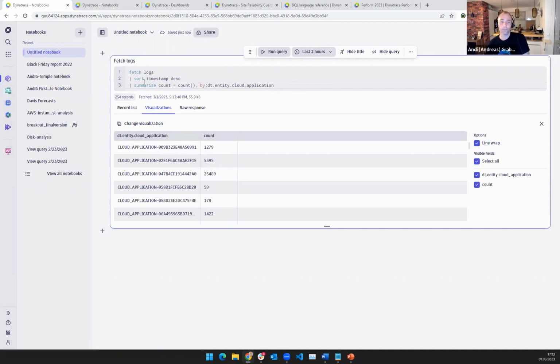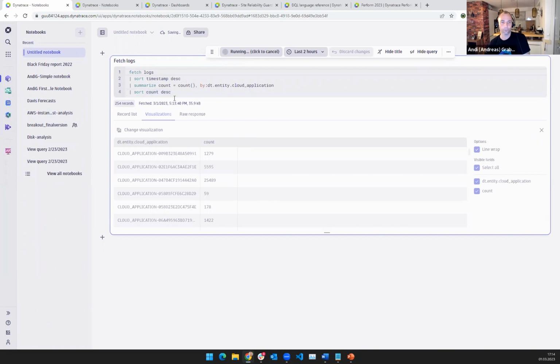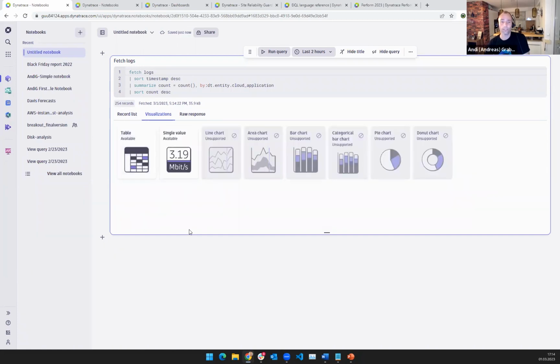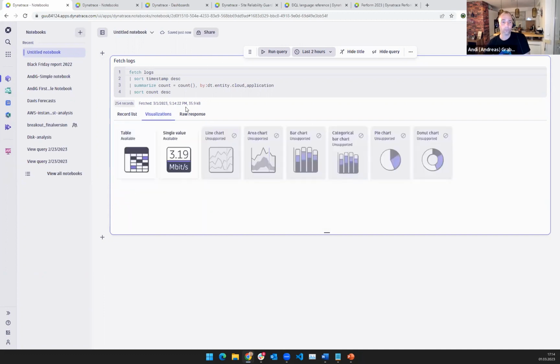And the nice thing is, right, if you're not yet familiar with DQL, you can just interact with the table view here, where you automatically get options to refine the query. I also really like this, where you automatically get a histogram overview, and you can then interact and say, hey, I want to get the top 5 values. I want to put a filter on it. I want to have it sorted and so on. Obviously, you can also change this, and it will automatically update the query itself. The default visualization here is a table. You can change the visualization to whatever makes sense in this particular use case. Okay. Fetching logs. Let's go back to my table view.